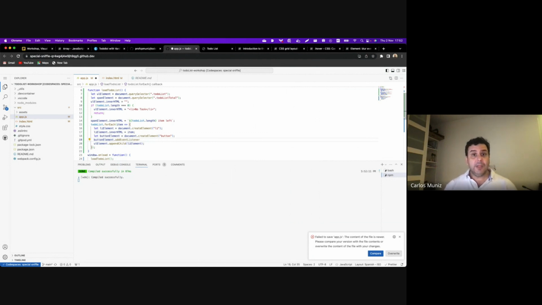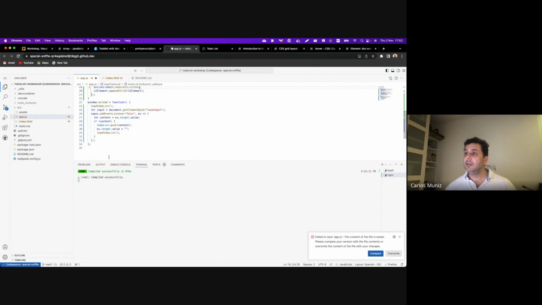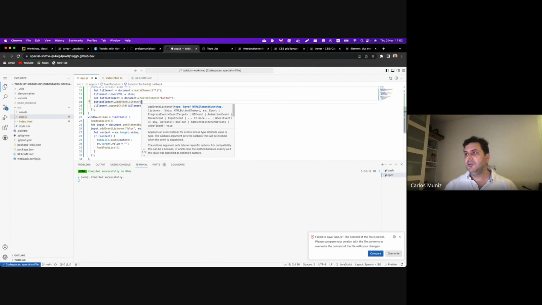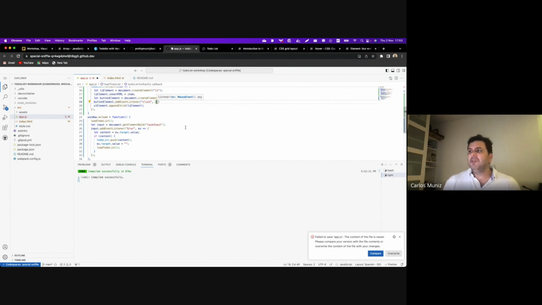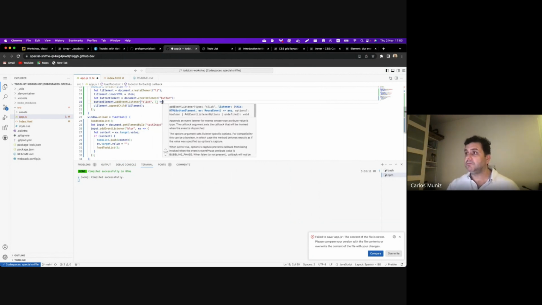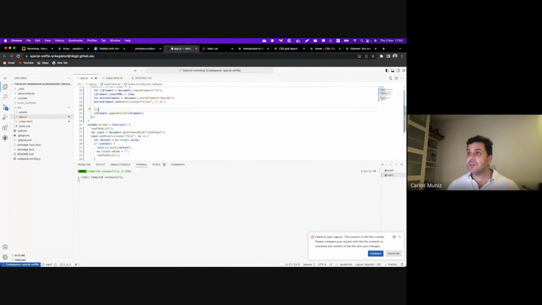And in this case, instead of using the blur on that input, I would be able to call something, I will use the click, the common one. And what should be my function? Okay, I do not need to pass the parameter in this case because I will not do anything with it. And then I need to do something here. What should be my action? Basically, I need to remove an element from my